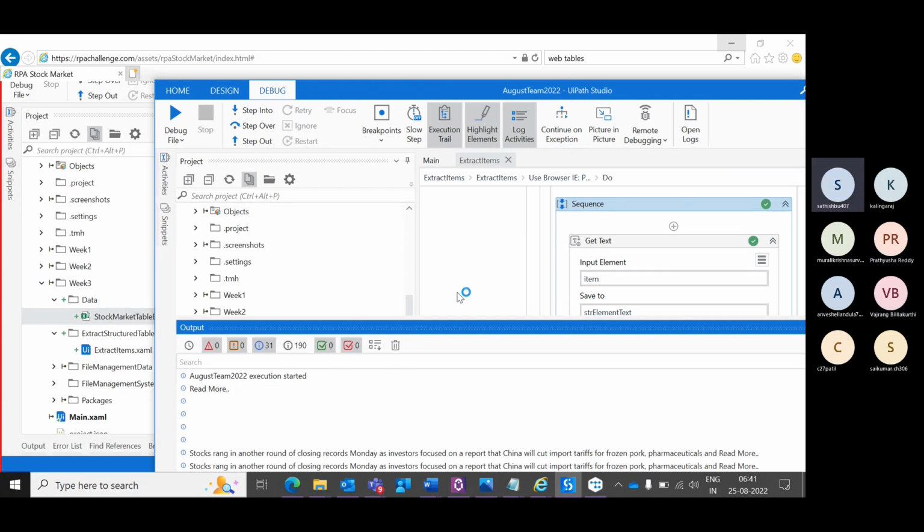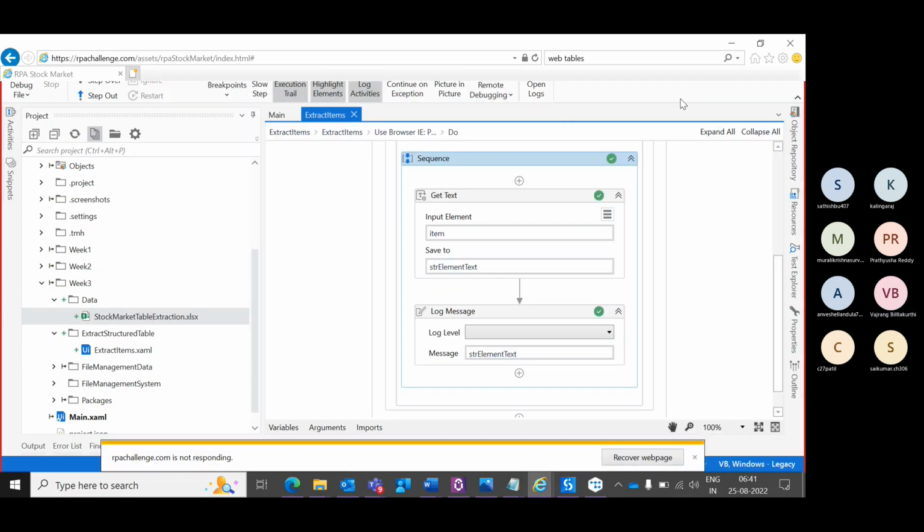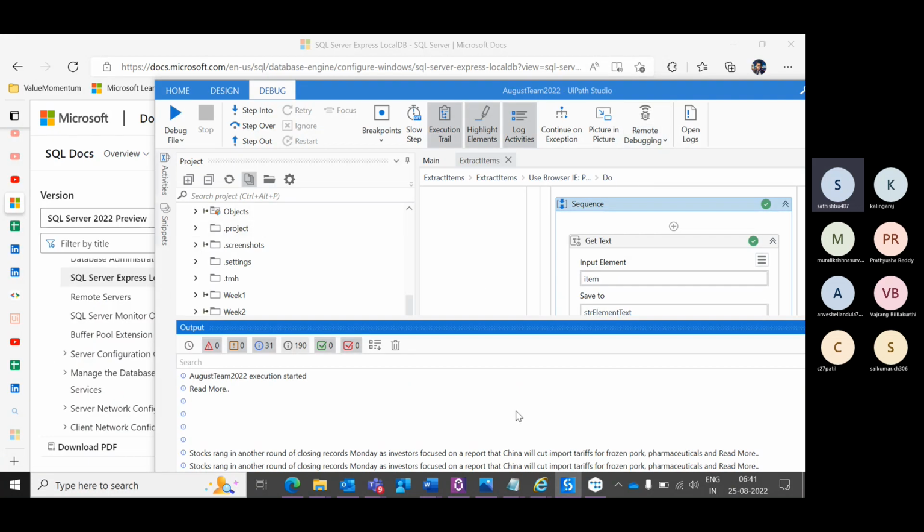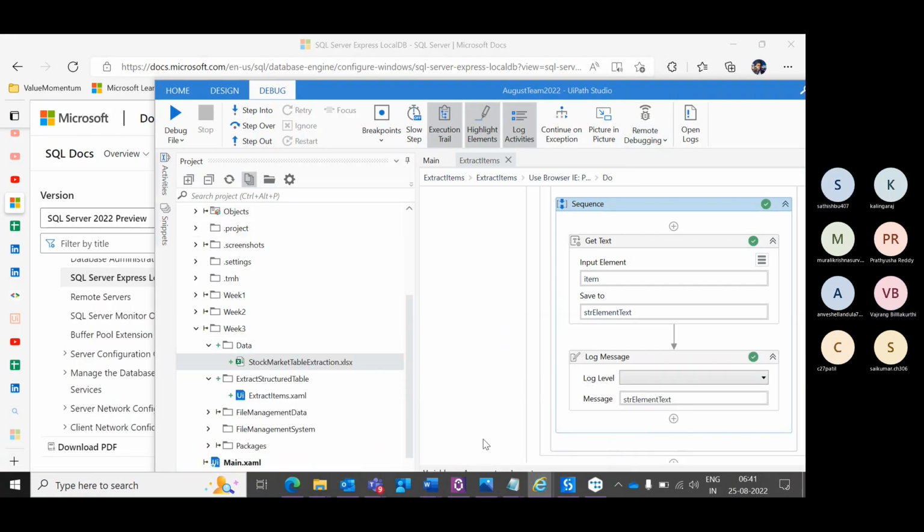Parallel for each. Tell me, no problem, one person can tell. I think it's asynchronous, I think. Yeah, if you see here,